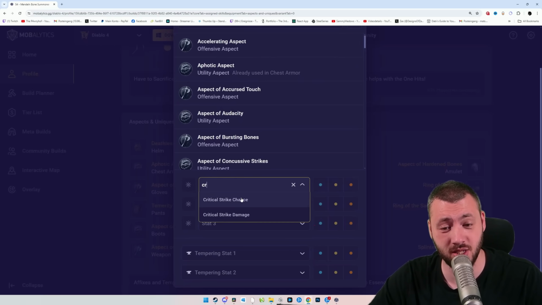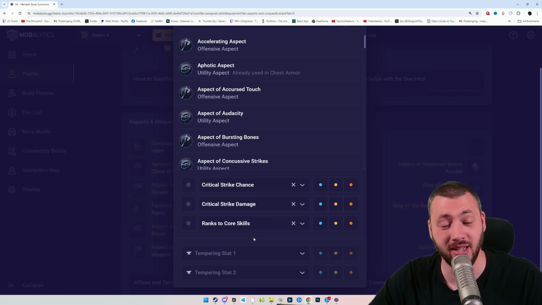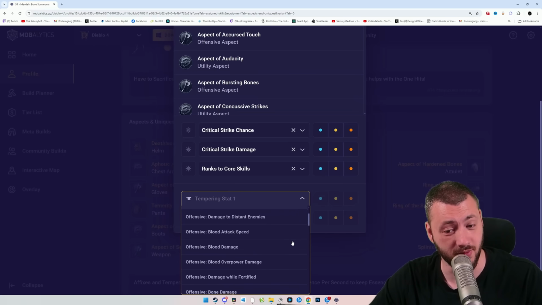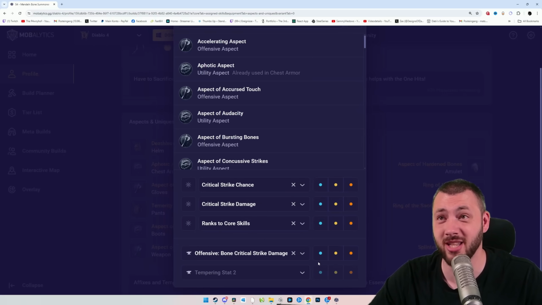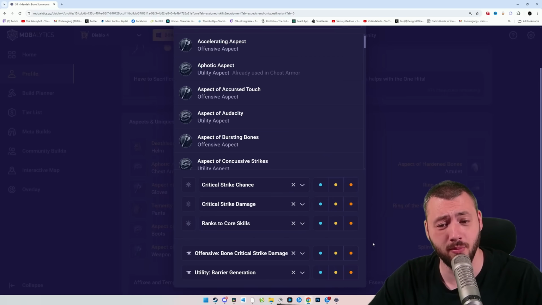Now for the gloves, this is going to be critical strike chance and critical strike damage. Gotta boost that as far up as we can, and then increase the ranks to core skills or ranks to bone spear, whatever you can find. For tempering on the gloves, even more bone critical strike damage. That's the cute thing. Bone critical strike damage can be zoomed up super hard. And then for utility, barrier generation, so we create more barrier